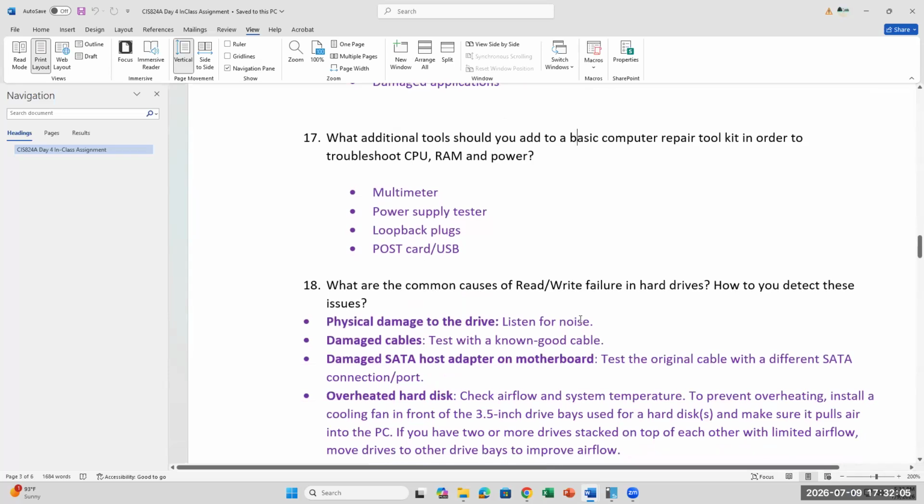Okay. Tools that you need to add to the basic computer repair kit. We talked about this before, right? About having a screwdriver, flashlight, a container for your tiny screws. You should have a multimeter, right? I talked about that before to check your power supply. You can also buy a power supply tester,